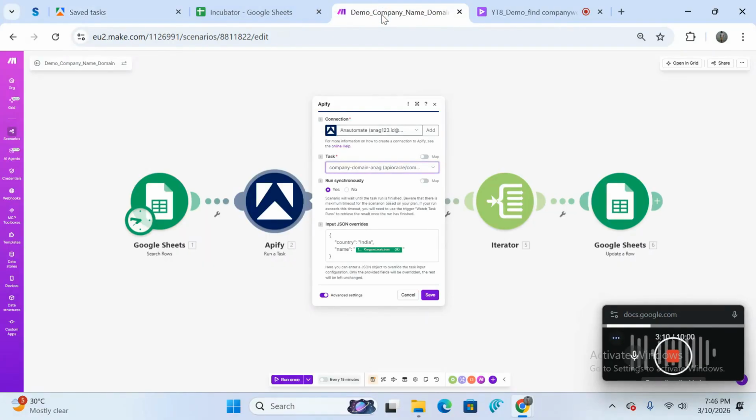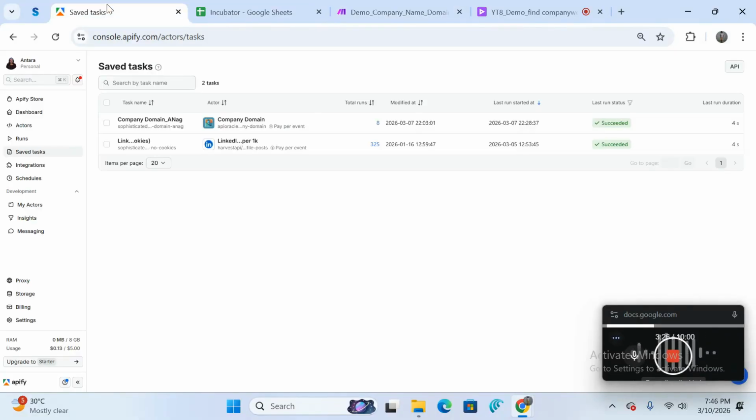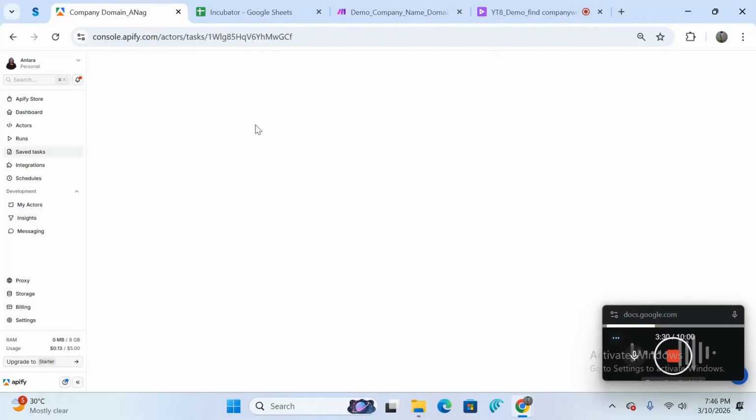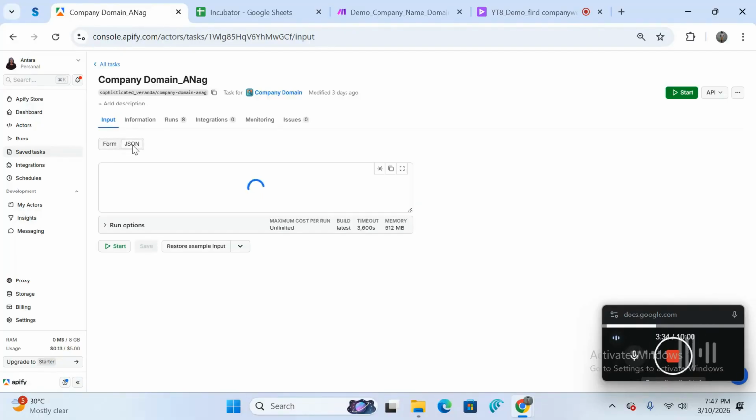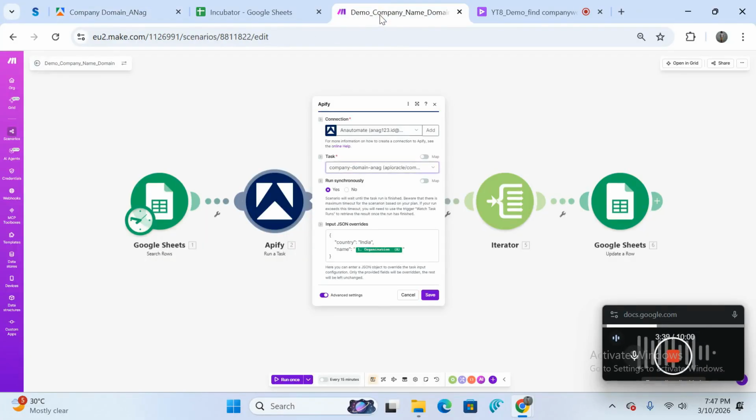I will now pick up the one which is for company domain. You run synchronously, which means you run the companies one after the other, not all at one go. This will just help you keep your sanity. Now what do you need to do over this input part? This is the interesting part. When you go over here, you have an input which is the JSON, which means you just simply copy paste the whole thing, come over here and paste it.